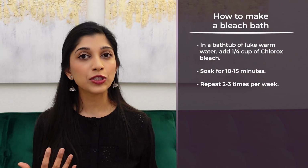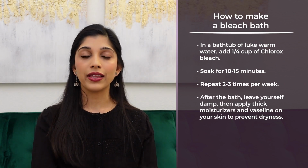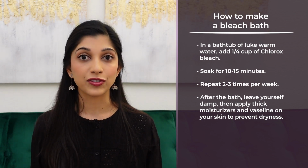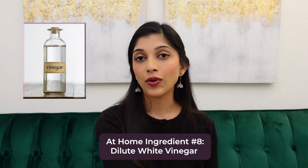Once you come out of the bleach bath, you really want to moisturize your skin. So leave your skin damp and then put a nice thick layer of moisturizer on top, and this will help to hydrate your skin after a bleach bath. Now moving on, the next at-home remedy you can try is actually dilute white vinegar anytime you have surgery on